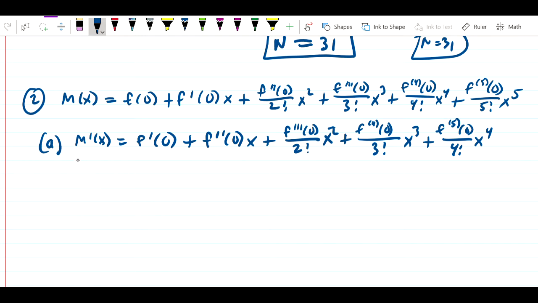So that's m prime of x. That means that m prime of 0, as we can see, if I plug in 0 for all these x terms, then everything you see with an x after it is just going to disappear, leaving me with f prime of 0. And that's the whole point, is that m prime of 0 is equal to f prime of 0. So now, I'm